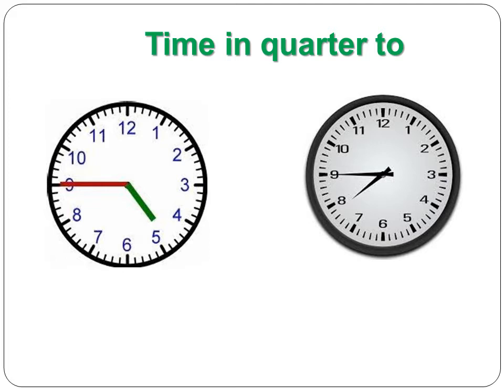Here we can also say that the time is 15 minutes before the next hour. If it has to reach 5 o'clock, it has to pass 15 minutes. Therefore the time is quarter to the next hour. So you can read the time as 4:45 or quarter to 5. After 15 minutes it will reach 5 o'clock.